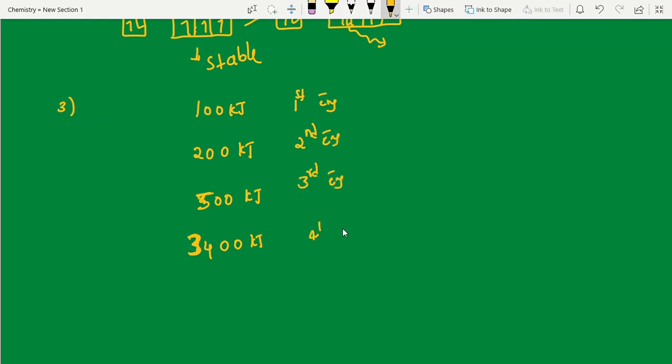Fourth electron removing time. After seeing these ionization energy values, what we came to know is that removing the first three is not very difficult, but removing the fourth electron is very difficult. Why? Because so much energy gap is there. Here to here 100 only. Here to here 300 only. But here to here a large energy gap is there. Because here 3 valence electrons are there, may be ns2 and p1. After that, going to the next, aluminium like that, you can guess.